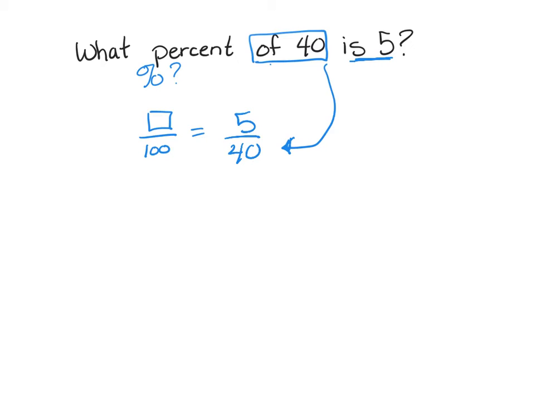Okay. So now I need to figure out how to solve this. So can I get from 40 to 100? Or 100 to 40? No, not easily. Okay. So I need to make a jump here. So let's look at the factors of 40. So we can have 8 times 5. We can also have 20 times 2. So let's look at all of these. So if I put the 8, let's start with the 8, right? If I had an 8 on the bottom,